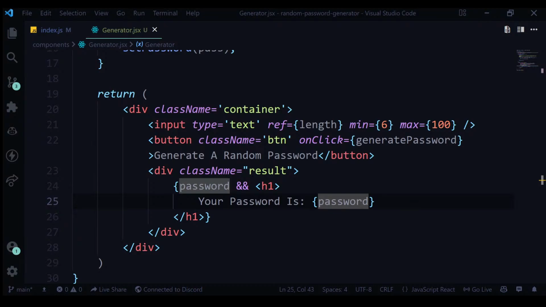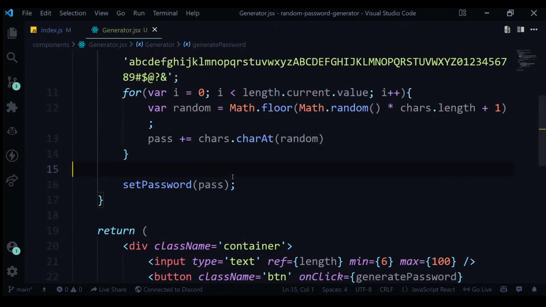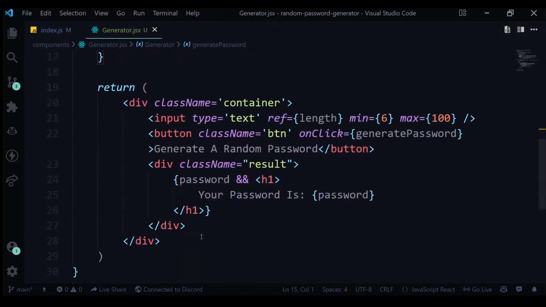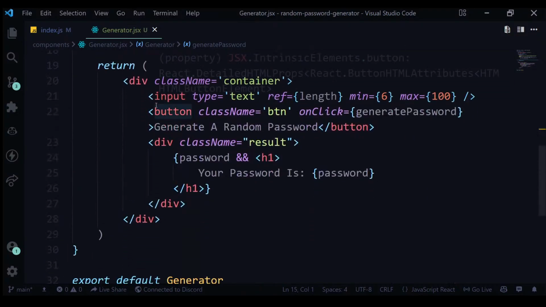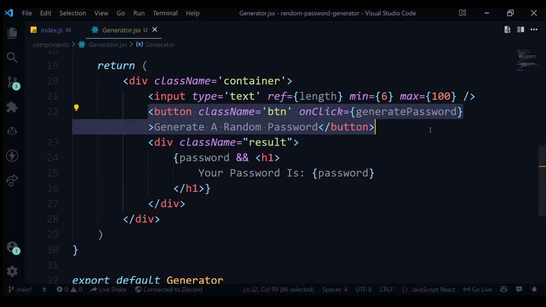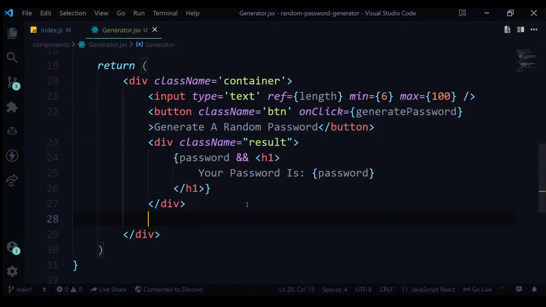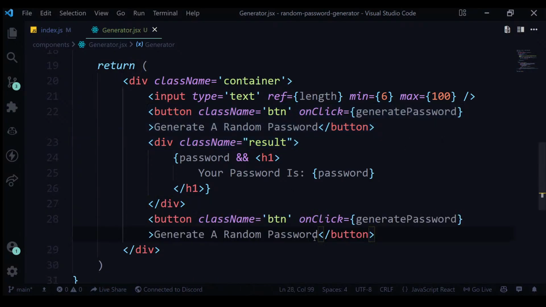Okay, so let's go to here and now what I will do is just make another button with the same class name. Just copy paste this and I will say it like copy